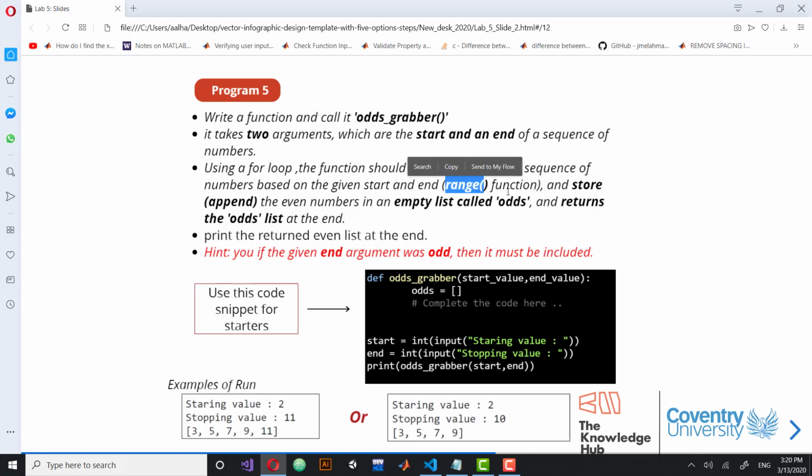Okay, once you have the for loop header ready for you, you will now check if the element you're iterating through is odd or not. If it was odd, then simply append or store this element inside the empty list, which we called odds, inside the function. Okay, once we finish the function definition, we will get out